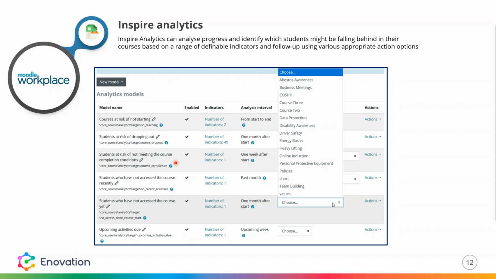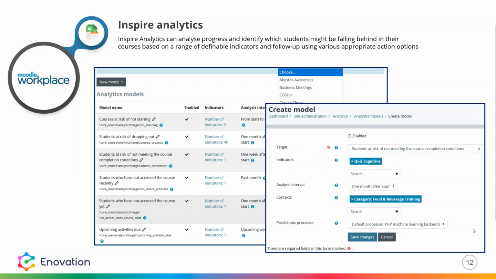Okay. And we can see if students have not accessed the course yet, we can see if they've got activities due, so we can preempt any issues. So it's a game changer. This is fantastic, and particularly because of having the new analysis intervals in there. Really great. So here we can also create our own